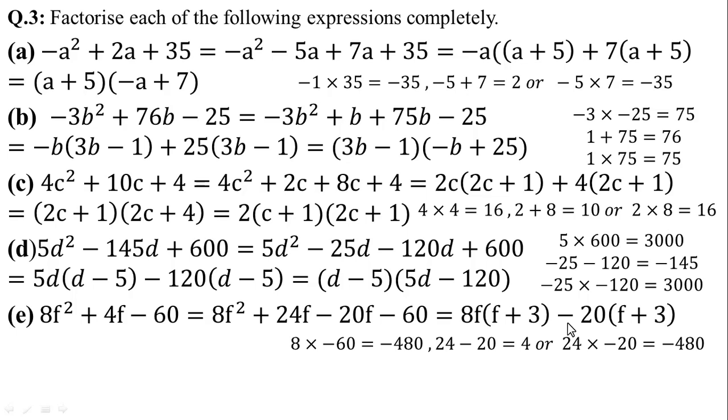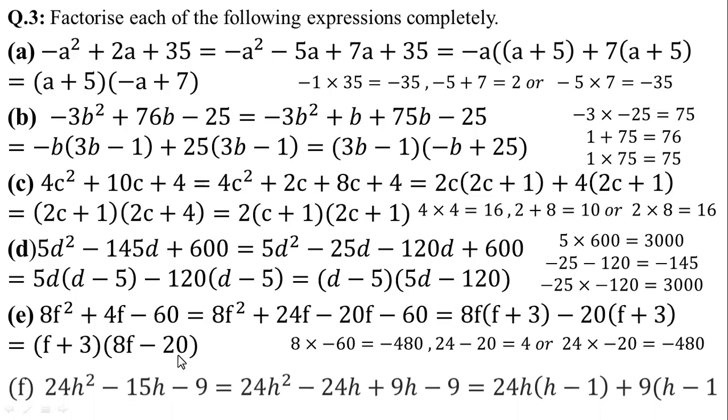So minus 20 is common into f plus 3. F plus 3 and f plus 3, taking the common, then f plus 3 into 8f minus 20 is the final answer of E part. Now in F part,